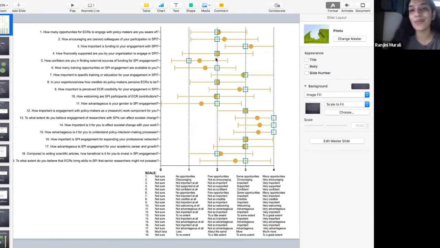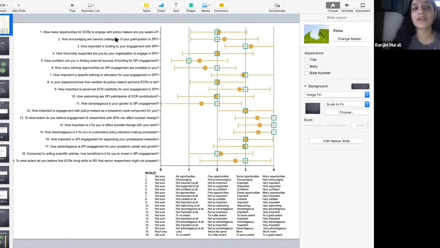So essentially what this is looking at, if you look at the yellow dots, that's the mean, okay? And if you look at the corners, that's the interval, the standard deviation. And the green square is the median, right? So essentially from 1 to 5, you get the mean of each of the responses, and you get the standard deviation of each of these. So that way you kind of know what is the average response that you're getting from people. So that's one easy way of doing it; that's basically what you can do with a Likert scale. You just know the mean of the responses of what people have said.